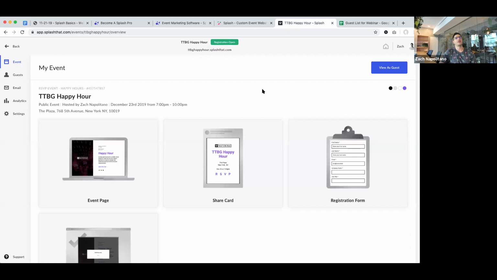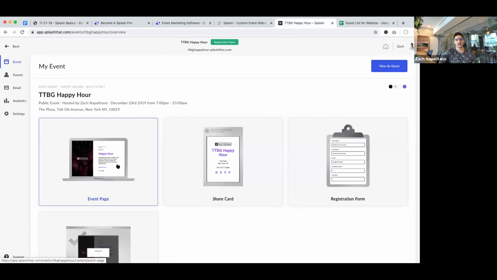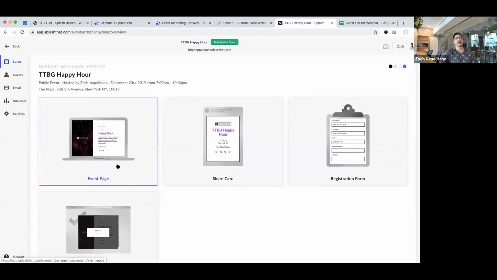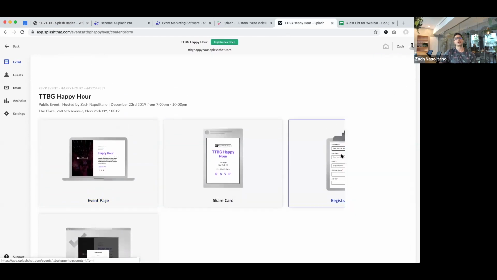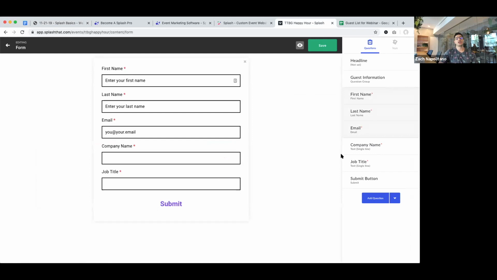So we're back on the touchpoint menu. We've nailed our event page. I kind of use this as a checklist of sorts to know what I want to hit. We're going to go into our registration form next. So we mentioned that we want to allow guests to decline the invitation. That means RSVP no. And we also said we want to allow guests to RSVP for a +1, and that +1 needs a company name and the name of the actual person too.